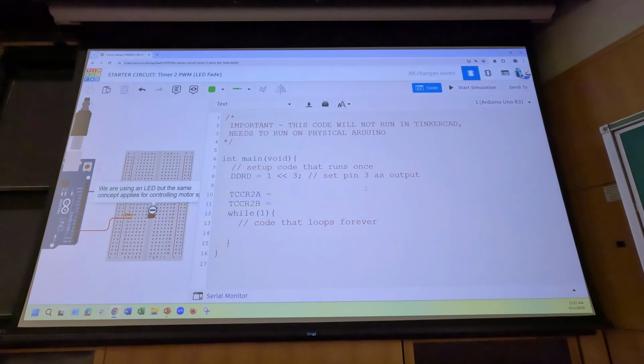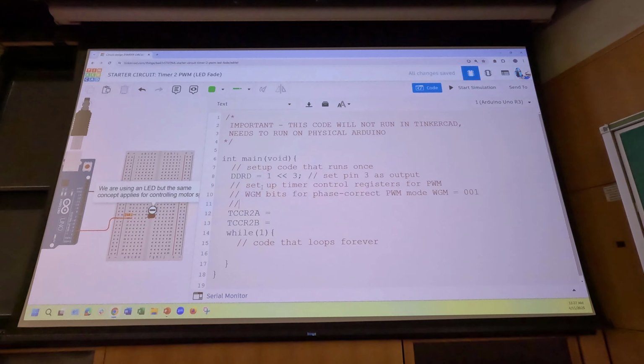Okay. Set up timer control registers for PWM. Okay, so we're going to use the WGM bits for phase correct PWM modes. The WGM bits were 001, but remember those were split across. And I'm not going to bother toggling back and forth to the data sheet a dozen times like we did last time, because we went through all this last time. This way you just have it in the comments for the code. Okay, the CS or clock select bits for prescaler to 1, that was also 001,